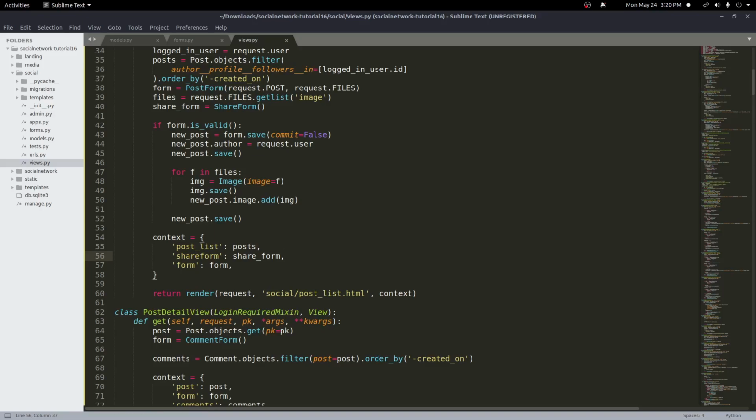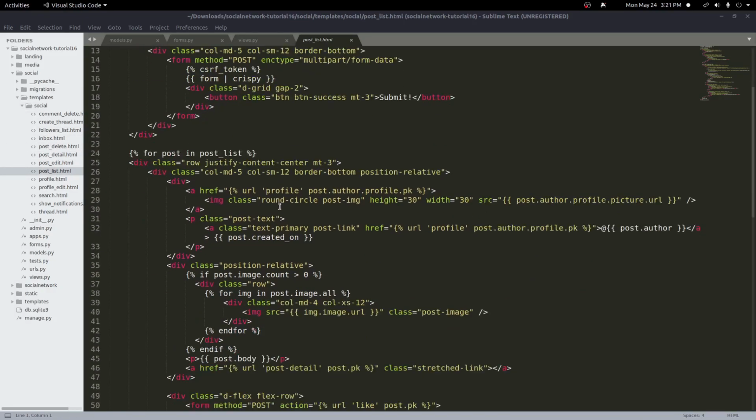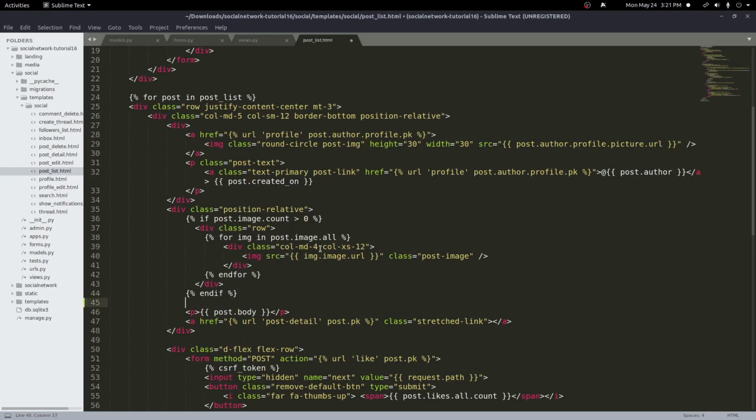And now that we have that all set up, let's go ahead and add the share form to the post list template. So go into our post list template, which is inside of our templates, social post list. Next, we'll come down here above the post body. So we'll put it right here. So in between this div and the post body, we're going to go ahead and create another form,